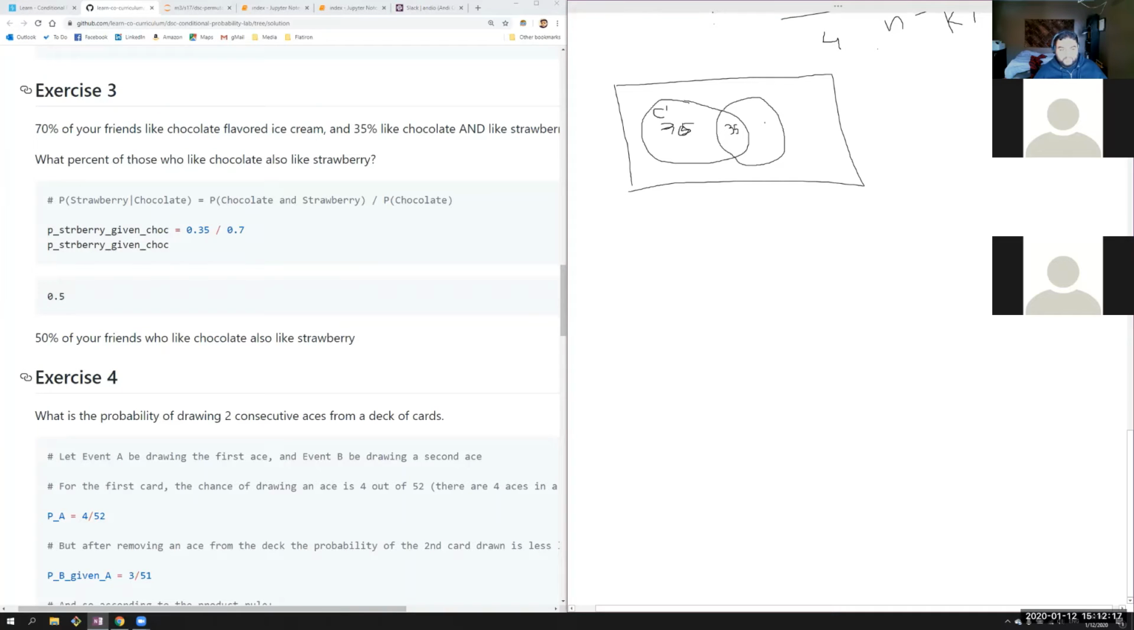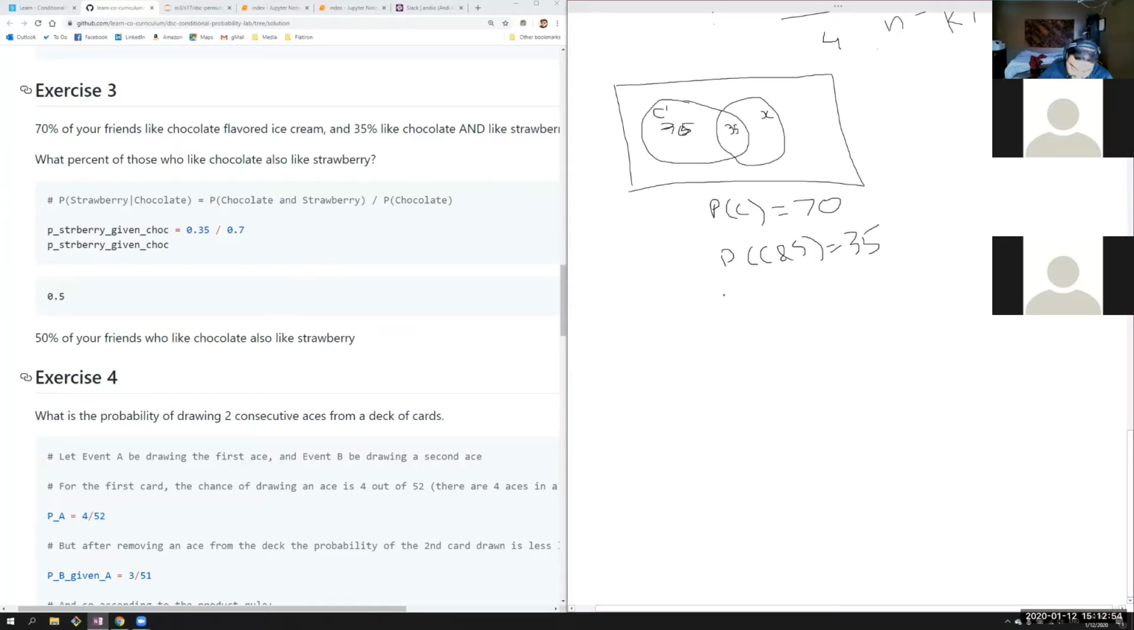And then this is X because we don't really know what that is, right? So what percent of those who like chocolate also like strawberry? So I think we can just plug in the formula. The probability that they like chocolate is equal to 70, right, from the total. Probability that they like C and S is equal to 35. And then the formula that we've been given tells us that,